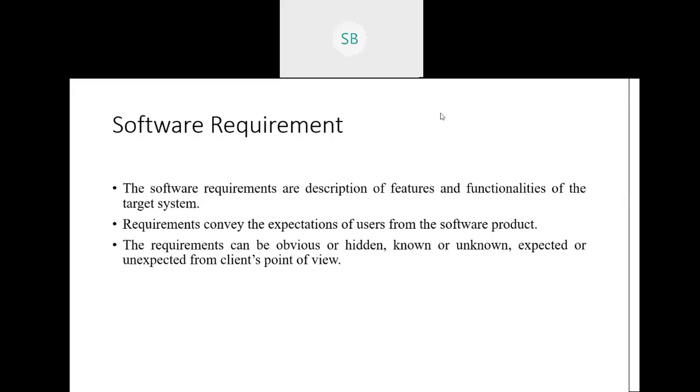Okay, so in this class, we are going to start with the second module, which is software requirements. In the first module, we studied the basics of software engineering, what software engineering is. Then we also studied the SDLC models. Various models were there, and later we moved to system engineering, product engineering, and business process engineering. So now we are moving to the next topic.